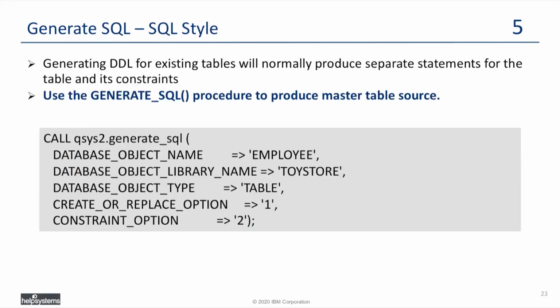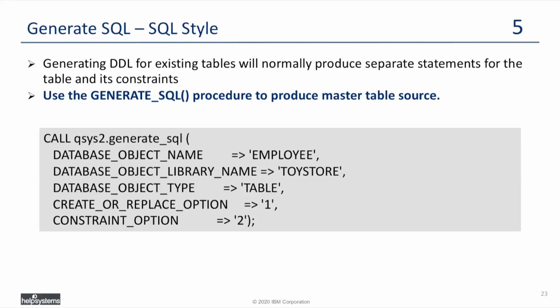Anything you can do in ACS, you typically can also do with SQL directly. So as incredible, awesome, and powerful as what that previous slide was, maybe there are applications where you want to have a programmatic solution, like a script. In this case, we can call a procedure generate_SQL and do the same thing, except it can go one step further because there's a constraint option, and you can see it at the bottom of the screen where you can pass in two. Two is an indicator to generate SQL that you would like to see the DDL needed to create the employee table,